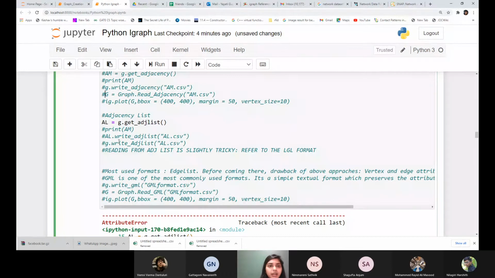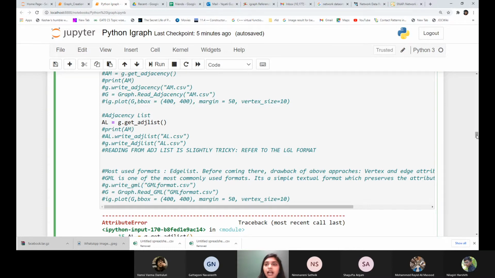Okay. So you can also write these graphs in the form of an incidence matrix, and the other notation pending is the edge list. So you can write these in those formats also. I'm going to show you the edge list also in a while. Can you guess what is the problem with writing these graphs in these formats we have? So we have 4 formats: adjacency matrix, adjacency list, incidence matrix, and edge list.